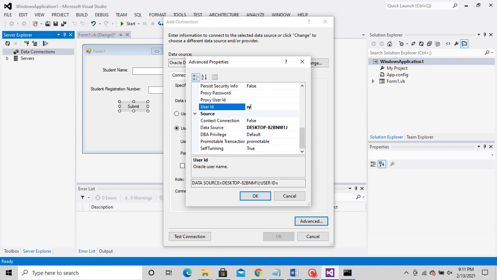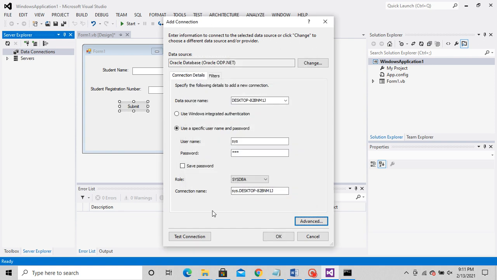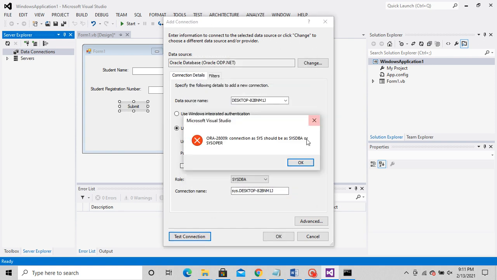In place of user ID, I am writing sys. I am providing the password. Click on OK. Just test the connection.